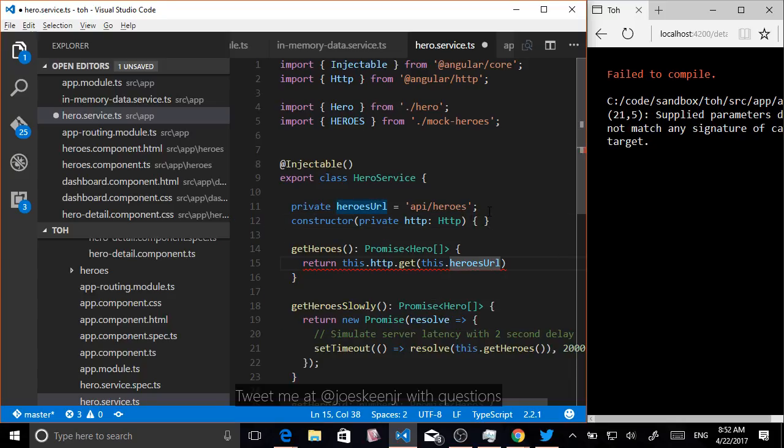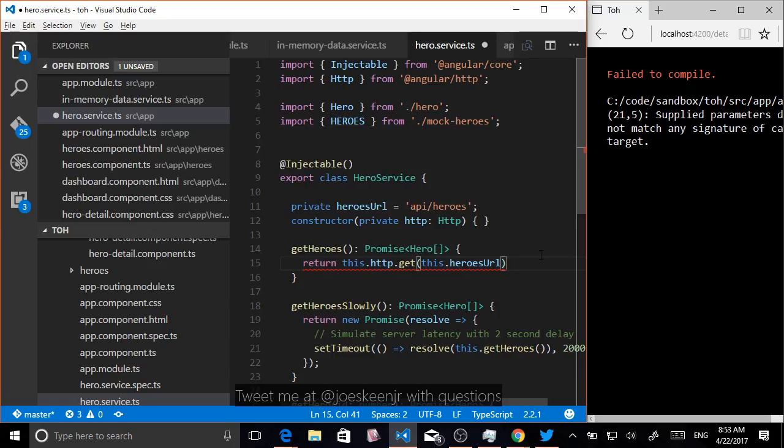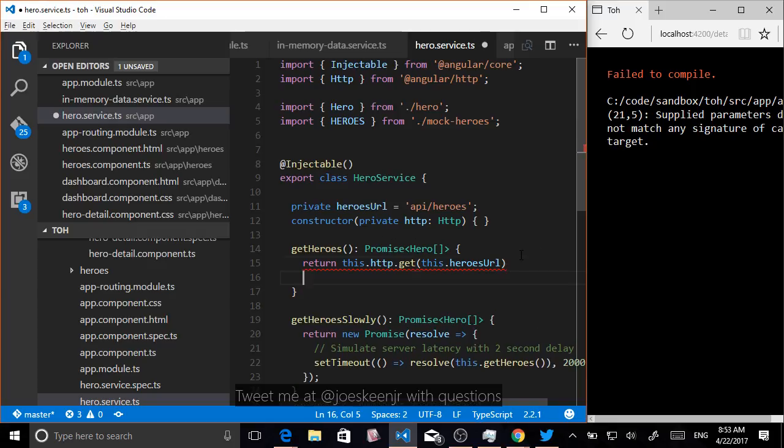Okay, so it's not going to like that. Why is that? Aren't the HTTP services supposed to return a promise? Well, actually, it doesn't. It returns an observable of type response. Like, what in the heck is this? We're going to need to do some things to this response before we can return it as a hero array. So we're going to say dot toPromise, oops, which in order to do that, we're going to need to add